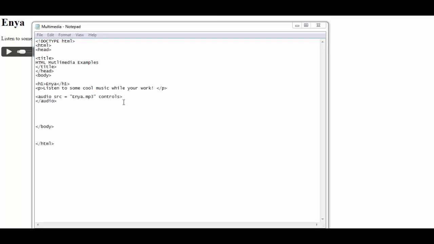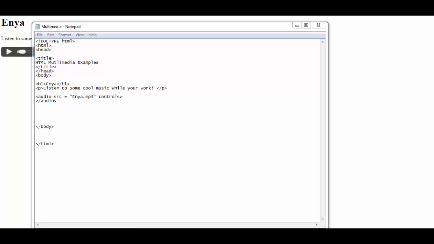So if I play it, okay, so it works. And what I'm trying to show you is that you can also embed this entire music without having any controls available. And if you want to have controls, you can also add what kind of control you want to have available for the user. But for that, you would need to use the embed